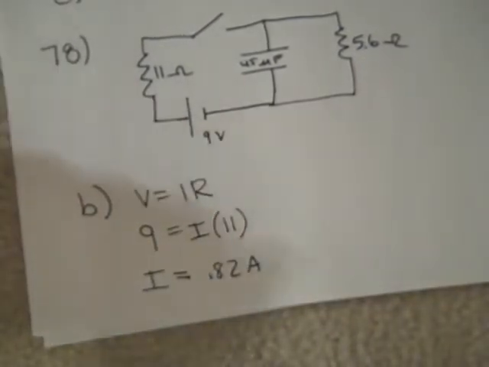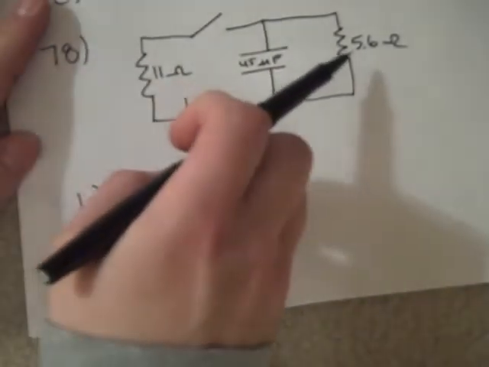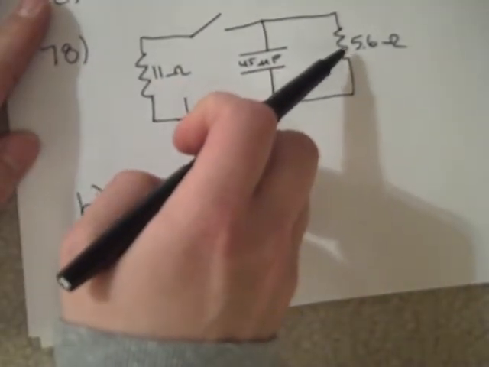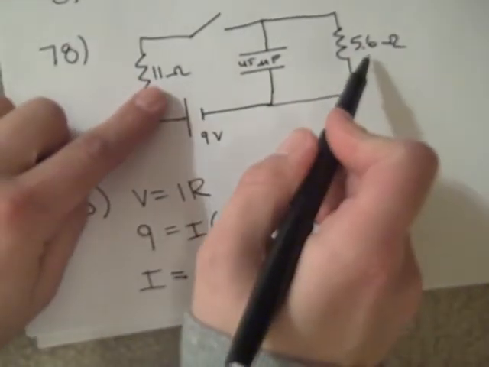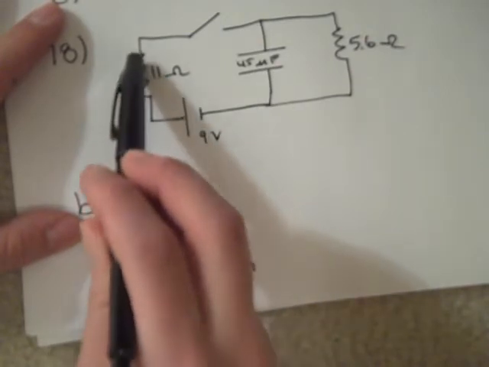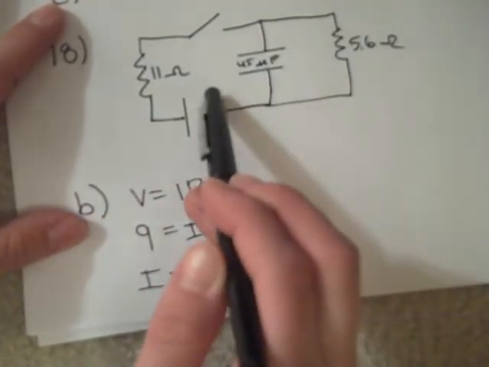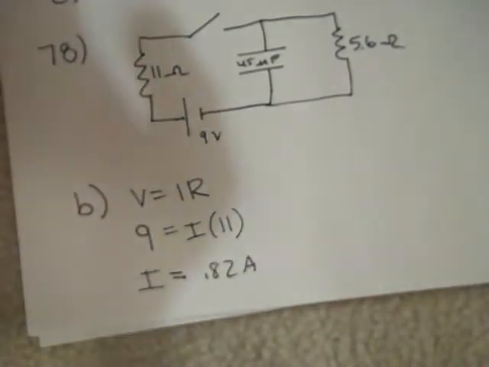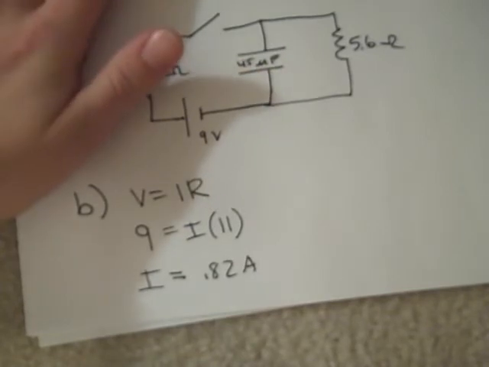Now, once the circuit has been closed for a while, the capacitor charges up, and in that case, all the current is going to flow through your 5.6 ohm branch over here. And remember, now the 11 and the 5.6 are going to be in series. If you follow my pen around the loop here, with the switch closed there, the current will go out here and back to your battery. And remember, when you have resistors in series, you add them up,